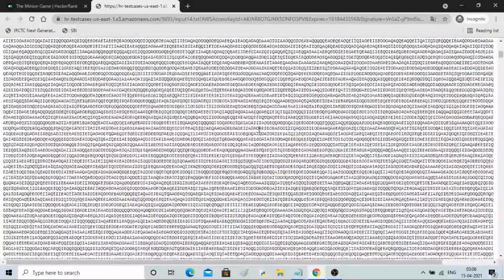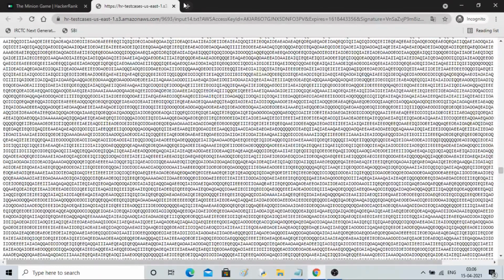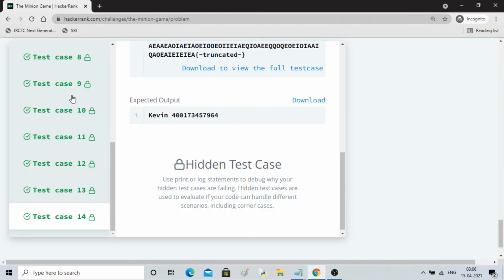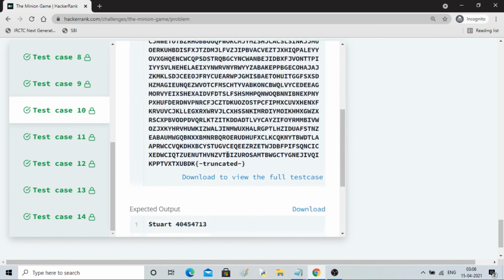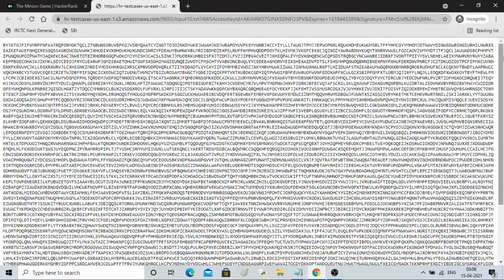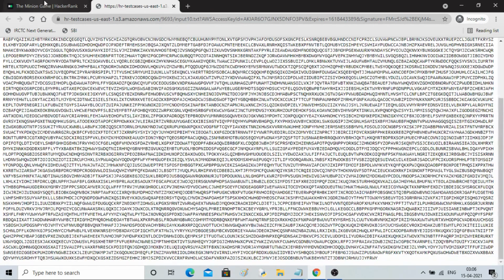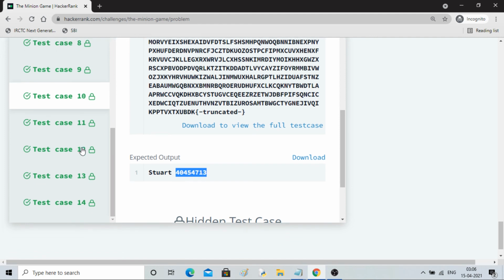I mean, that comes with practice only, I guess, when you reduce the complexity of a code. See, such a long test case it is, and if I apply those four loops, double, triple for loops, then it won't work, right? You can see, let me do this for this as well. The 10th case, see, such a long test case we have, and Stuart is winning with how much score. By this you can judge how complexity of the code matters a lot, space complexity, time complexity, both.